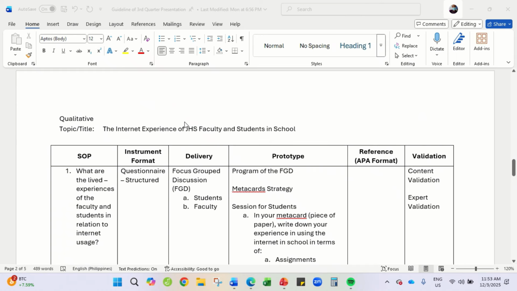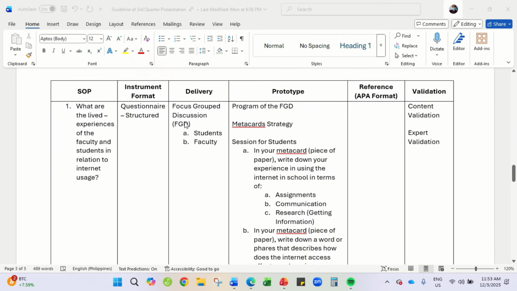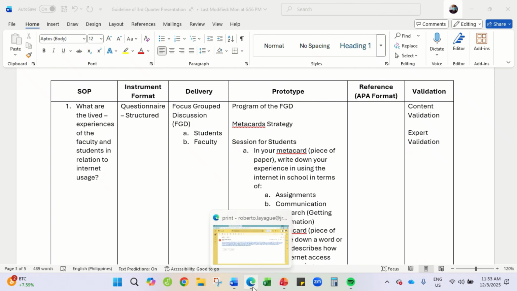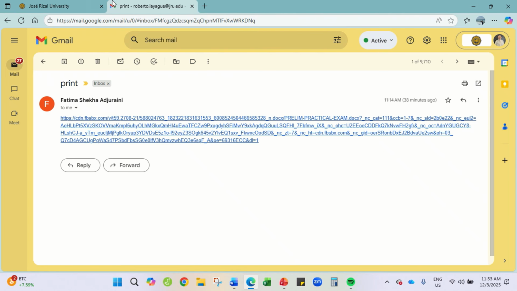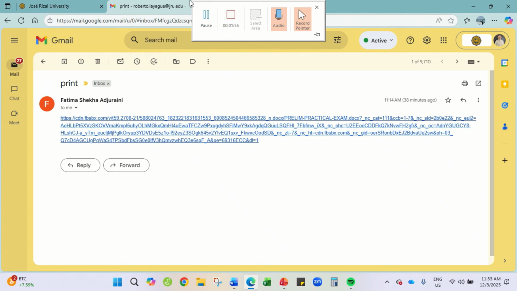Now, before you get into creating the video, you need to have this table in order for you to organize your thoughts. So let's have this one. As I said, we start by using Copilot. Let me open my Microsoft Teams for a while. In my Microsoft Teams, what I will do is open my Copilot.